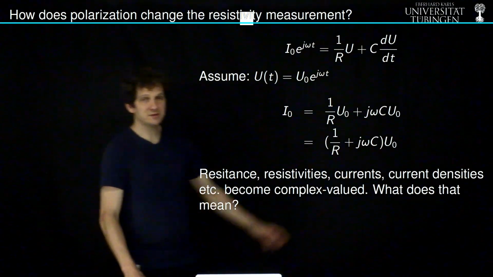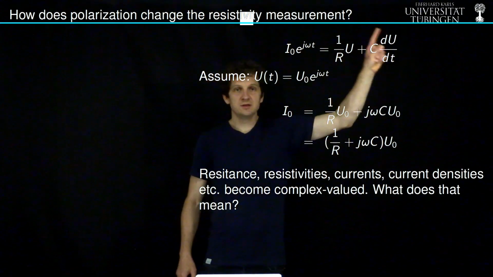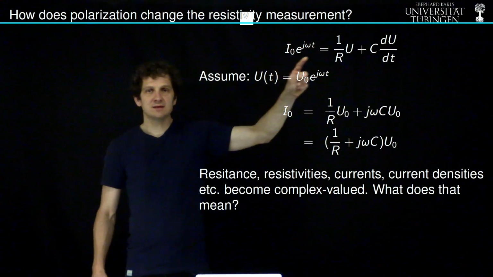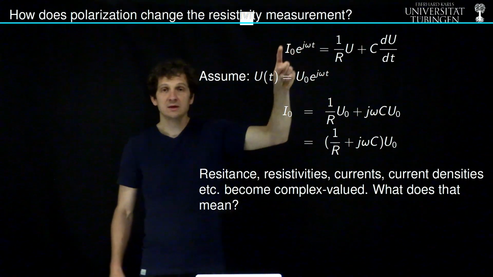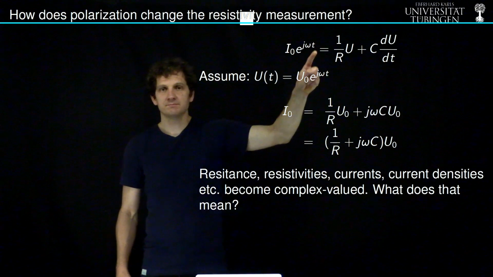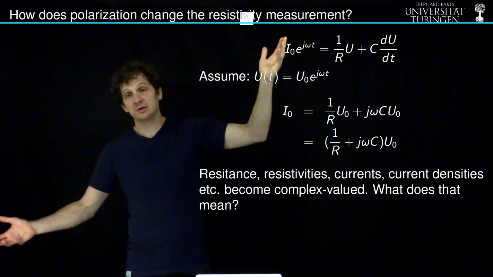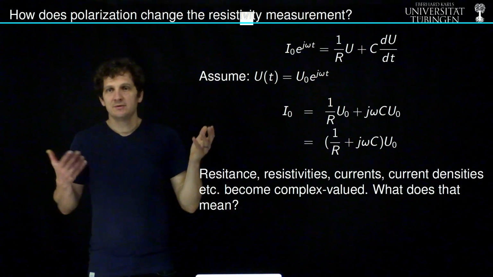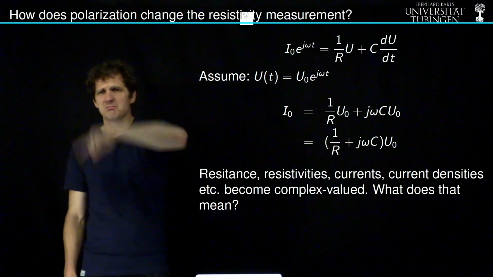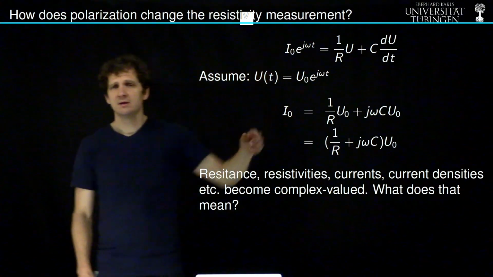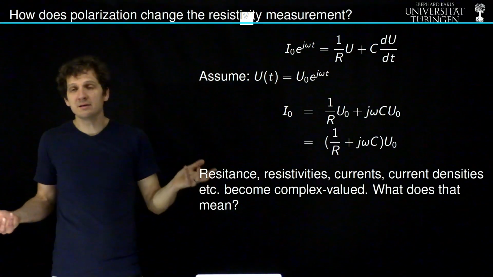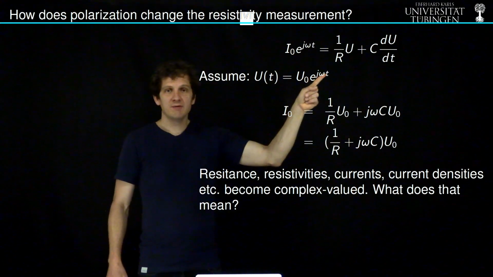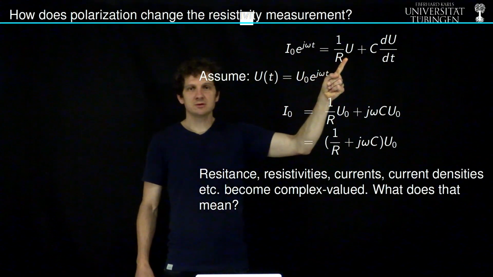So going back to our differential equation, here's U, here's the dU/dt, this is Ohm, this is the capacitor, and what changes now is that we don't have a constant current source, but we have a time variable current source. So it's a new differential equation, but it's sort of related, and the ansatz that we make is that if current varies sinusoidally, then the potential should as well. I think that is a reasonable assumption, and we plug this into the differential equation,